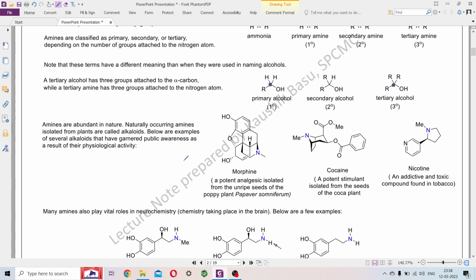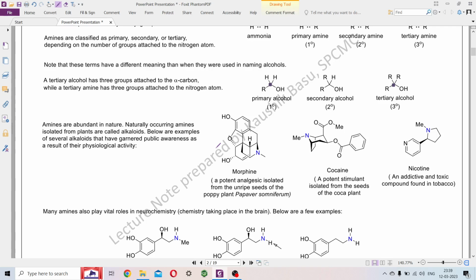Here we have given you the example of 3 naturally occurring amines. Here obviously we have morphine, and this is a tertiary amine. As you can see, no hydrogens present on this nitrogen. Morphine is a very potent analgesic, and this is isolated from the poppy plant,